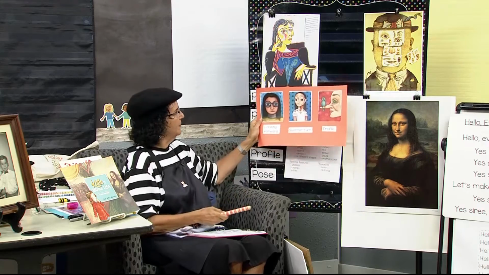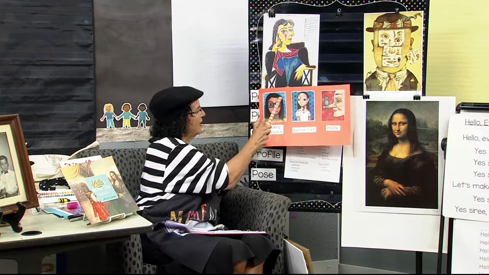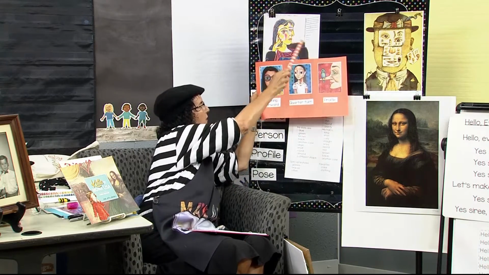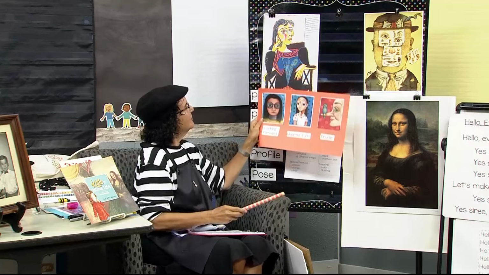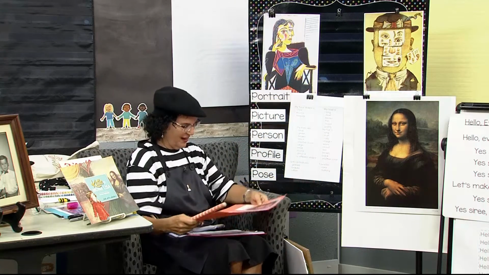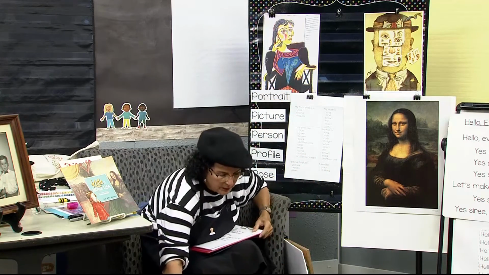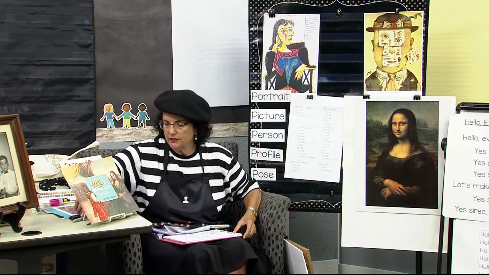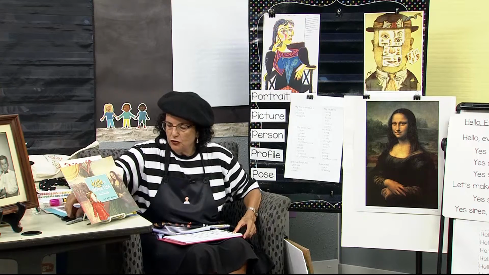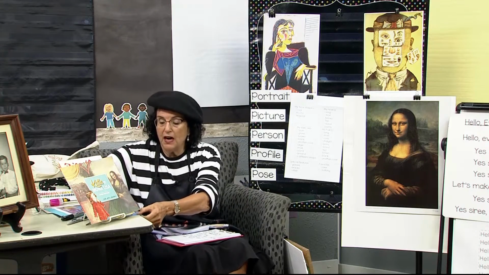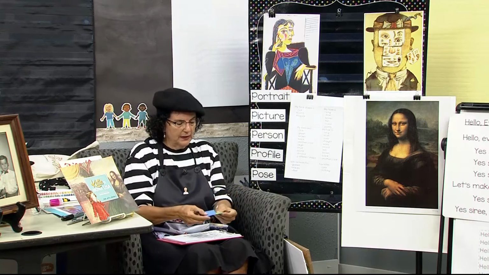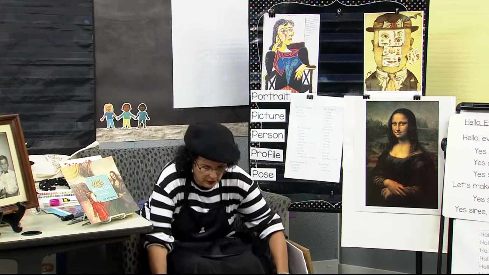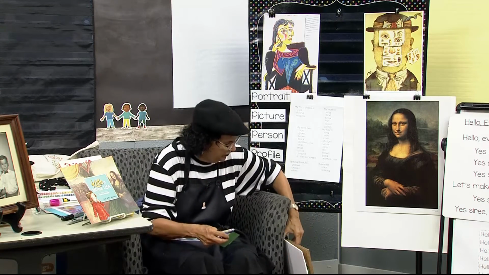Let me show you again. She has her face looking forward. She has her face looking profiled. And that's what we're going to do with our art today. Let me set this down on my little box, put my stick back, and get out my materials. I don't think I told you I was going to use a permanent pen, but I am. And I cut 3 little pieces of paper, and I'm going to put it up on my lap and show you how we're going to do this project.